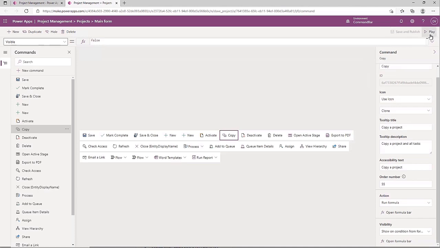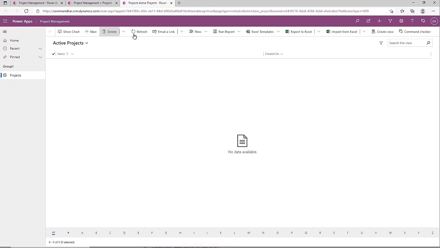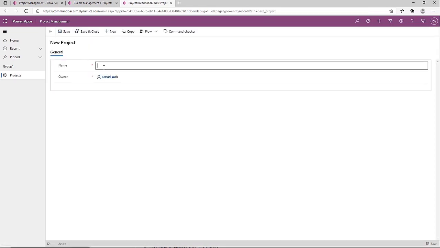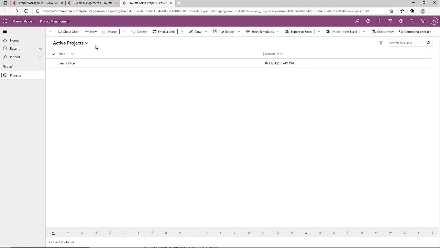Now, the other thing we can do is go ahead and play this. Now we have our projects. We didn't add to this bar, we added to the detail bar, the form. So we'll do this as a clean office is our project. Trust me, it's a project. And then when we bring this up and we look at it,